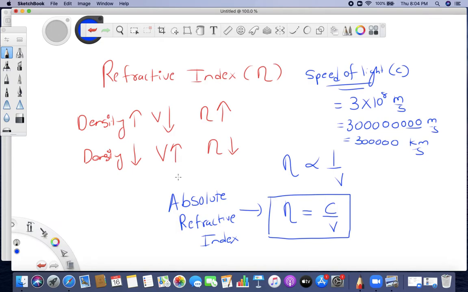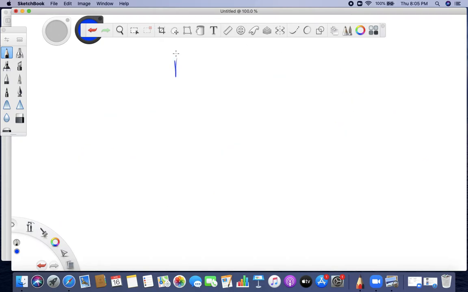Now what I was talking about was relative refractive index. So what is refractive index? First we understood refractive index is, in simple words, how much a light is bending, right? Now refractive index depends on what? It depends on density, but density depends on what? It depends on velocity. So ultimately refractive index depends upon velocity. But when you compare your velocity, you have to put a constant, and the constant in terms of velocity is the highest velocity. What is that? The speed of light, and that is how we get the formula n is equal to c by v.